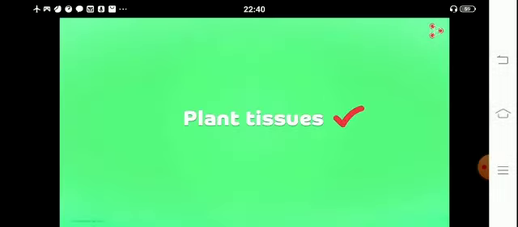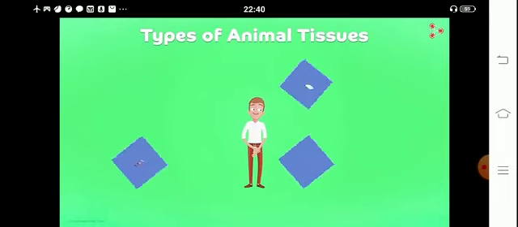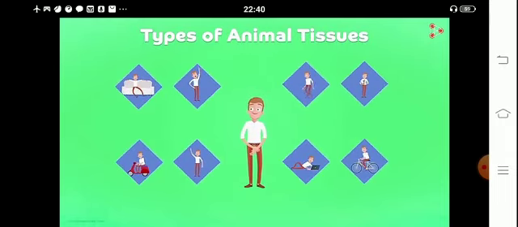After learning about plant tissues, let us take a look at the various types of animal tissues in details. In case of animals, where the body is expected to perform uncountable functions simultaneously, it is obvious that the number of tissues will also be innumerable, right? So how do we study all these? Well, we don't need to worry.